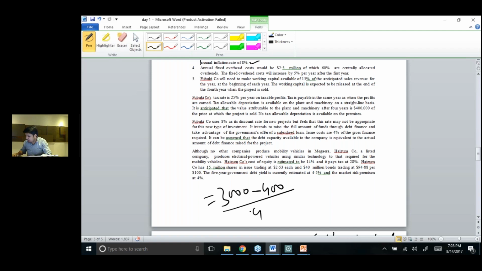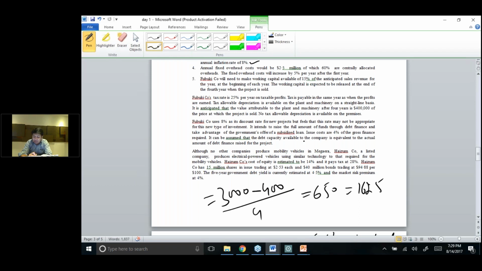So the every year depreciation is equal to 650. And the tax saving will be 162.5. Company uses 8% as its discount rate for the new project, but feels that this rate may not be